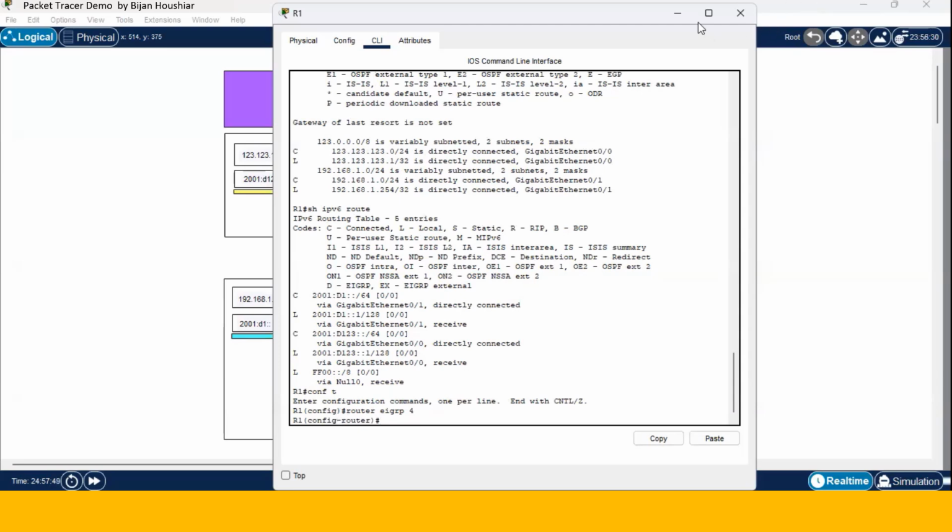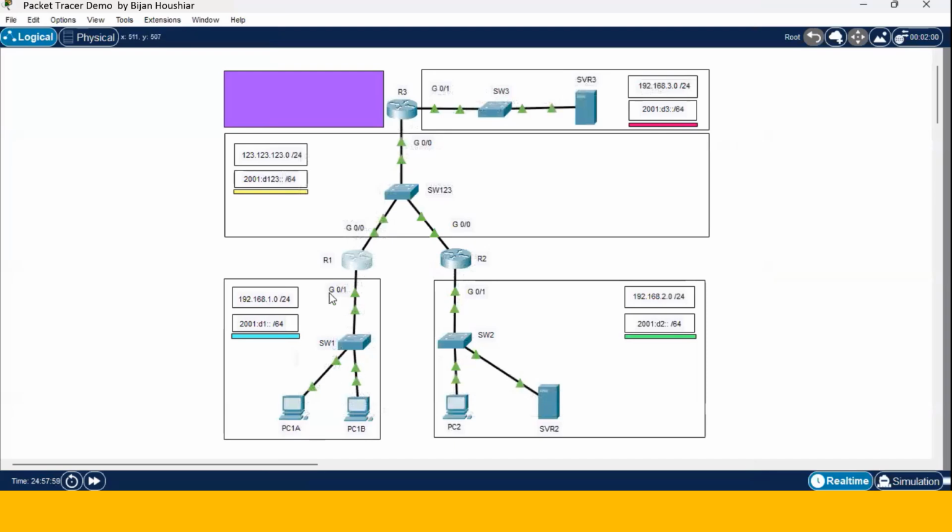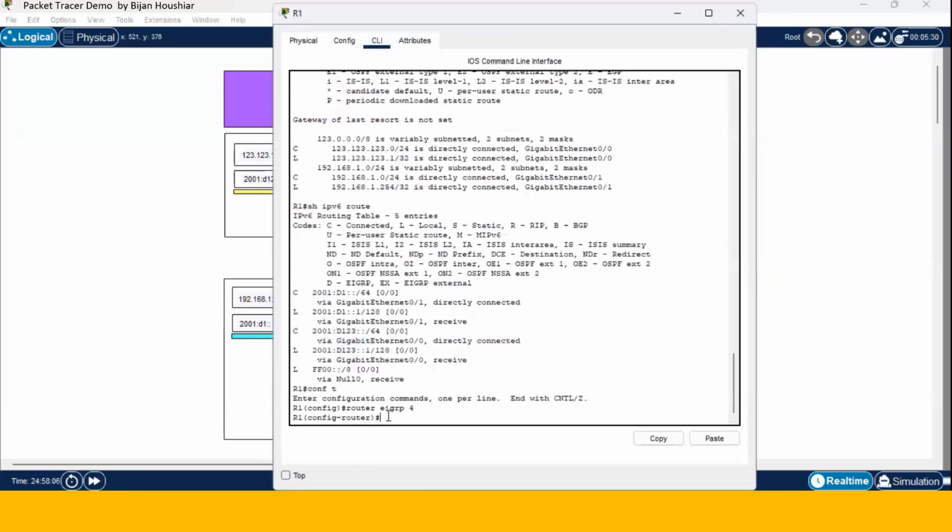Then after that, I have to add the networks that are going to be advertised by this instance of EIGRP on router 1. The 2 networks are this network and that network, because those are the ones that are attached to router 1. And the keyword is network. And then after that, the net ID 192.168.1.0, followed by the wildcard mask. The wildcard mask of a class C network address is